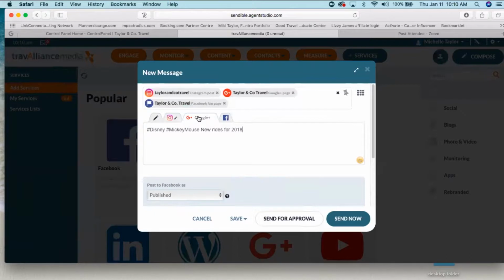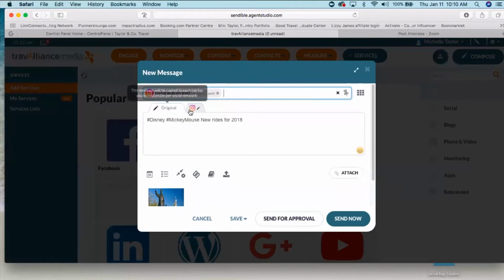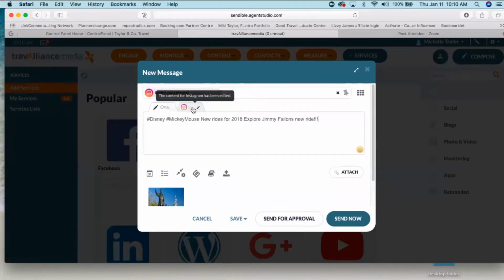Okay, so this is super helpful, and I was really excited when I logged in and saw, a couple weeks ago, that they had done this. So super helpful. First time I'm covering this in a webinar, so it is a great tool. I'm actually going to X out of these two. We're going to stick with the Instagram post.